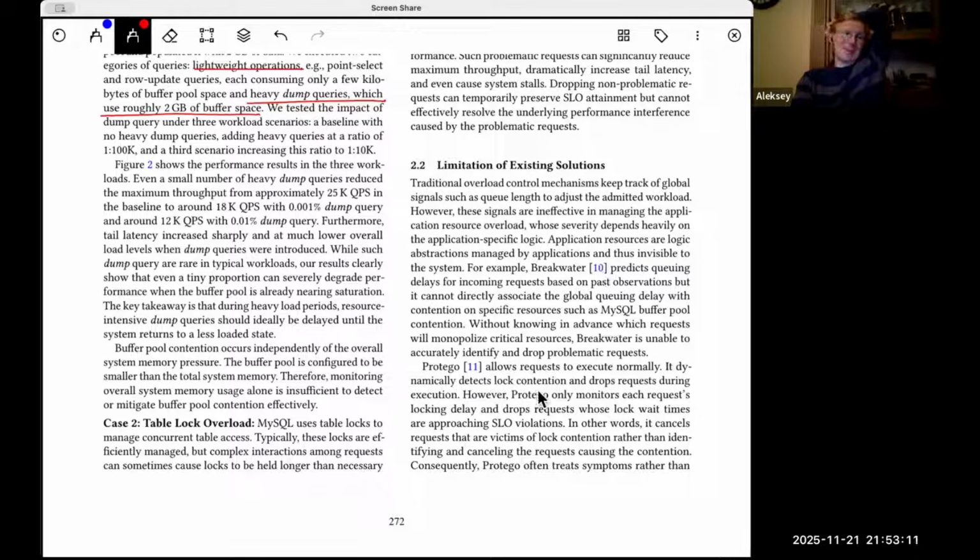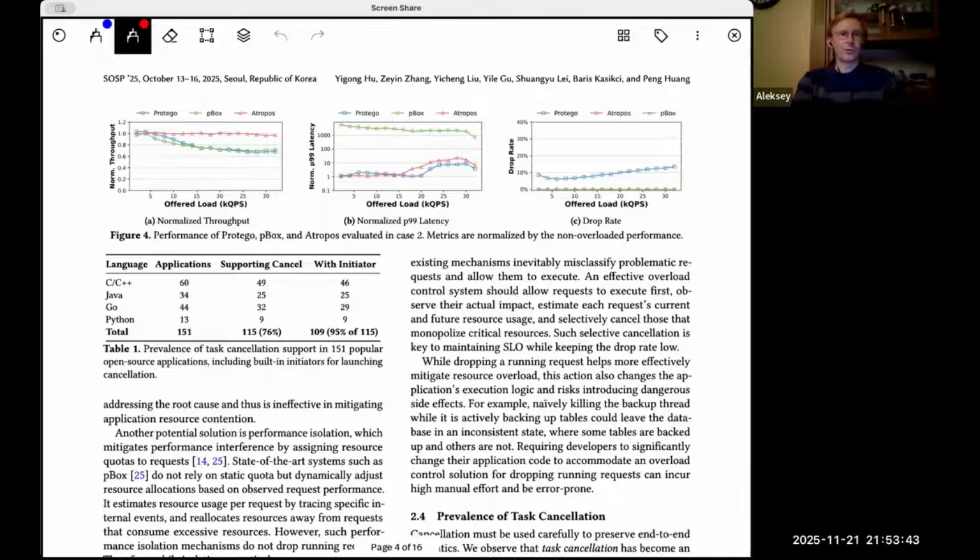Protego allows requests to execute normally. It dynamically detects lock contention and drops requests during execution. However, Protego only monitors each request's locking delay and drops requests whose lock wait times are approaching SLO violations. In other words, it cancels requests that are victims of lock contention rather than identifying and canceling the request causing the contention. Consequently, Protego often treats symptoms rather than addressing the root cause and thus is ineffective in mitigating application